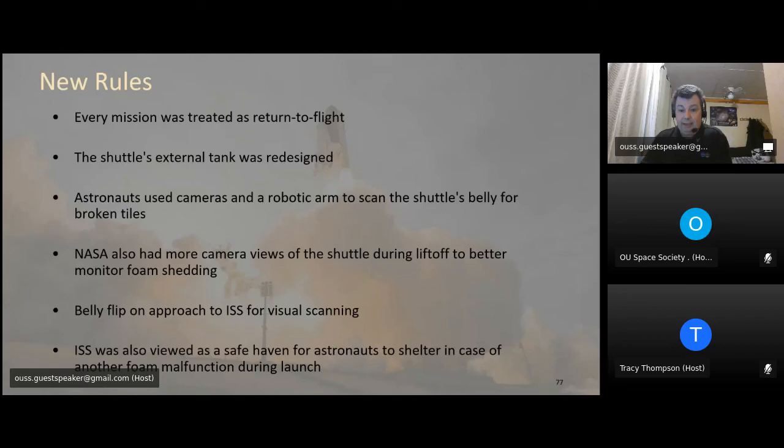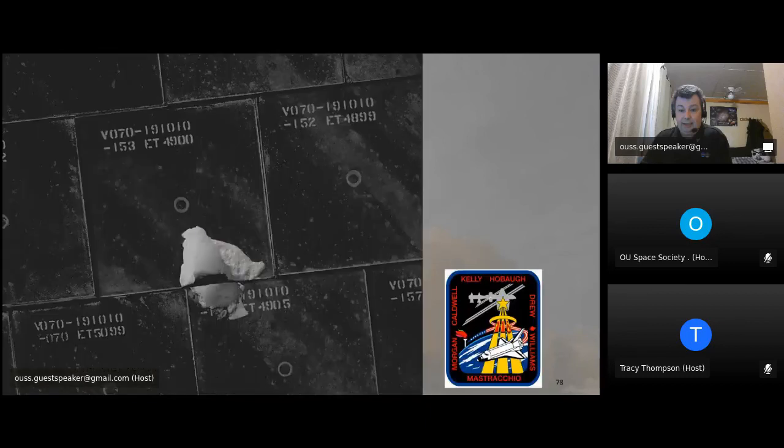And the International Space Station was viewed as a safe haven, so astronauts could shelter there in case of any foam malfunction during launch. So they weren't able to go anywhere where they weren't able to reach the International Space Station, which at the time meant that we couldn't go to Hubble, because you couldn't go to Hubble and then onto the International Space Station. There was this though,